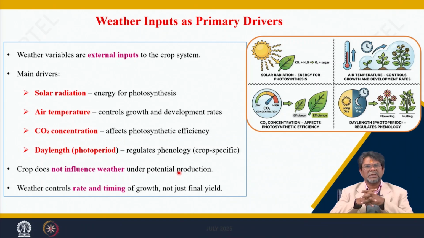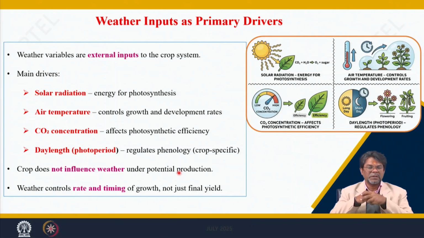And management, that includes everything from your land preparation up to the harvesting, like tillage, seeding techniques, sowing, nutrient management, water management, plant protection measures, weeding, everything. All are assumed to be at optimum conditions. So there is no stress: the crop does not suffer from any type of water or nutrient stress, and the crop is well protected from pests and diseases, and the soil has sufficient supply of water and nutrients.